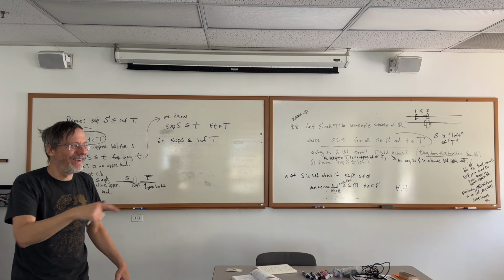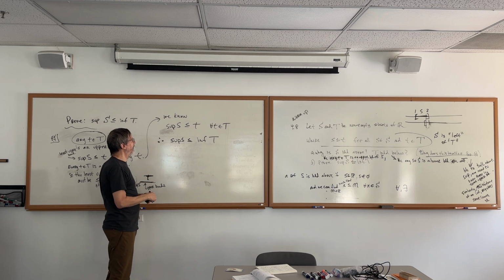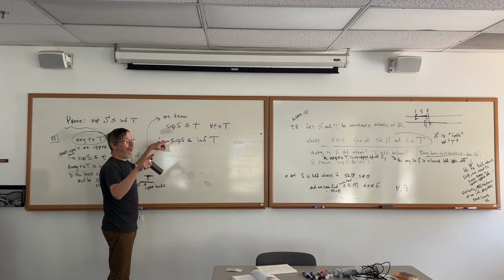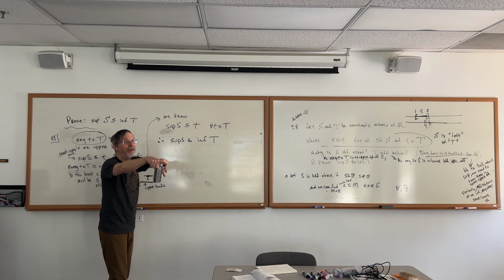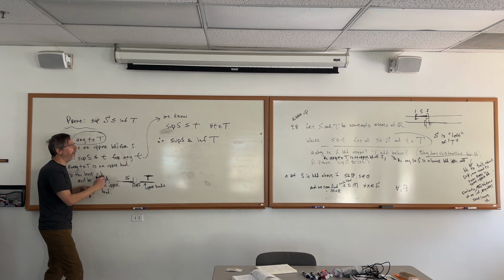Corbin: The infimum of T is greater than or equal to every element of S, is where I started, and then if you're greater than or equal to every element of S for the infimum, and less than or equal to every t for the sup, and then you look at your original inequality of all s less than or equal to t, you can say from that the infimum is greater than the sup. I agree with that. But help me move from this line to this line. So you kind of gave me a fresh proof. Okay, that sounded good. How do I move from this line to this line with similar language?